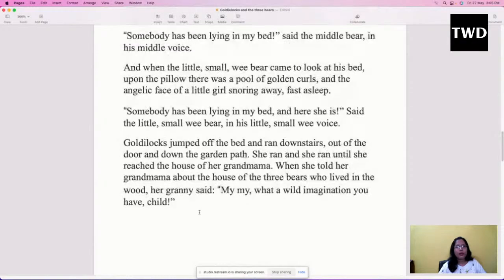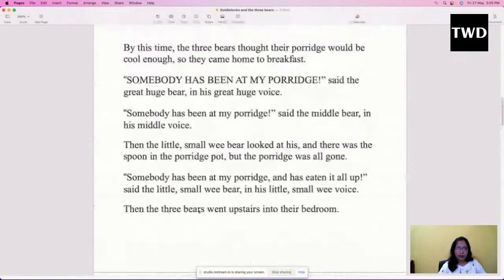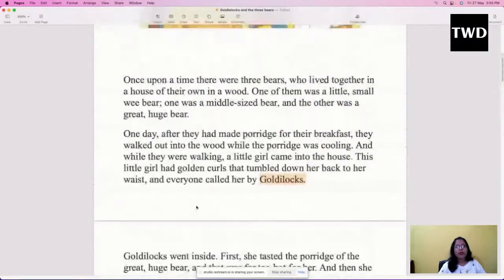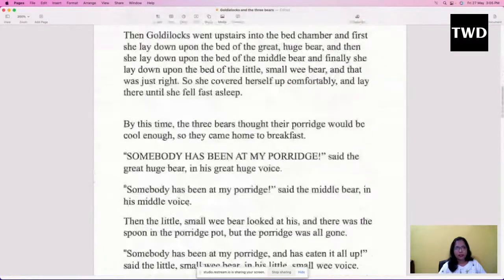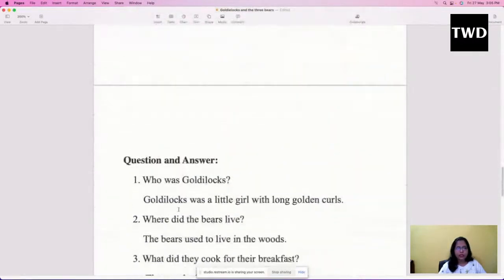Now, how are we going to analyze the story? If you are a beginner, try to find questions from the story and try to answer them in one sentence. We will see some questions for which we have only a one-sentence answer. For example, who was Goldilocks? You have to try and find such small questions, like you have seen in your competitive exam. You get an unseen passage, and after the passage you get some questions. After reading the passage, you come back and attempt the questions.